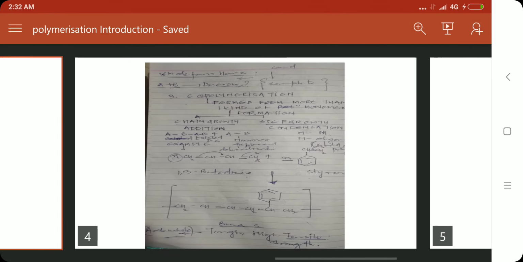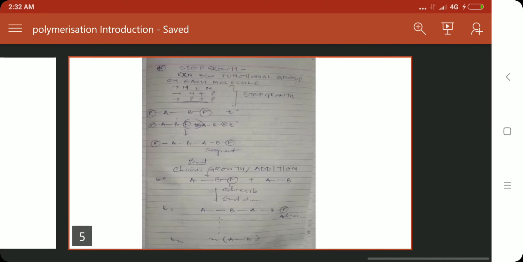And moving ahead. Today we have already discussed the definitions of polymerization and the three types of polymerization, that is based on our